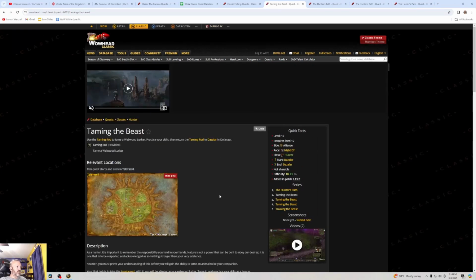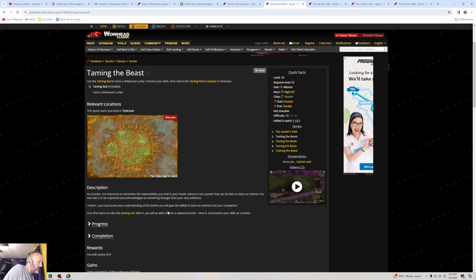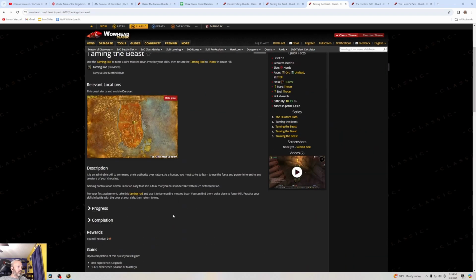All right, step 1 of taming the beast wants you to tame a spider with the taming rod. As a hunter, it is important to remember the responsibility you hold in your hands. Nature is not a power that can be bent to obey our desires. It is one that is to be respected and acknowledged as something stronger than your very existence. You must prove your understanding of this before you will gain the ability to tame an animal to be your companion. Your first task is to take this taming rod. With it, you'll be able to tame a webwood lurker. Tame it and practice your skills as a hunter. So,